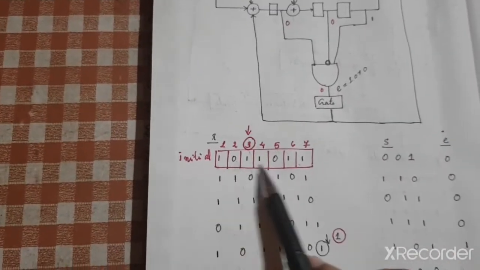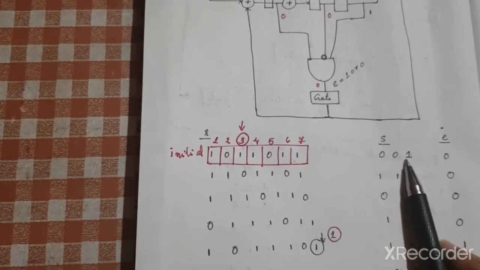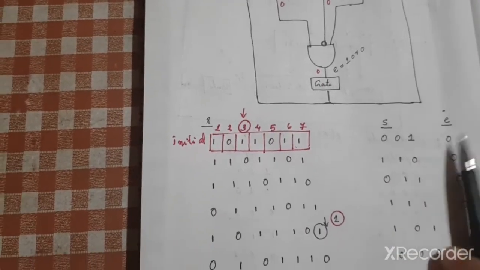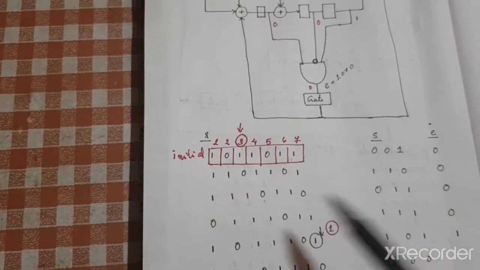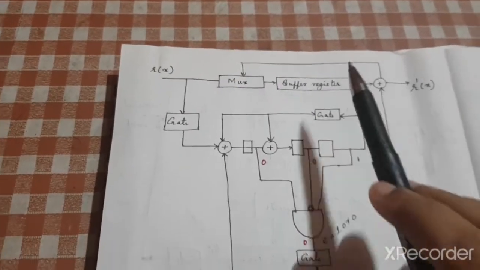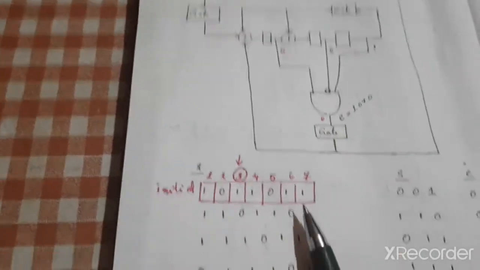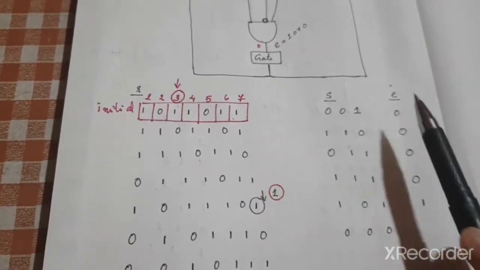So with the first received vector, that is the original received vector, you compute the syndrome and there is no error. Then in the next cycle, you shift the received vector. This shifted received vector is given to the buffer register and to the syndrome computation circuit. Then the syndrome computation circuit will compute the syndrome.